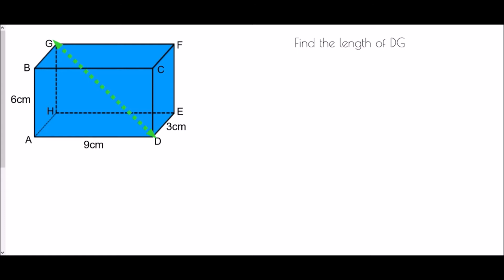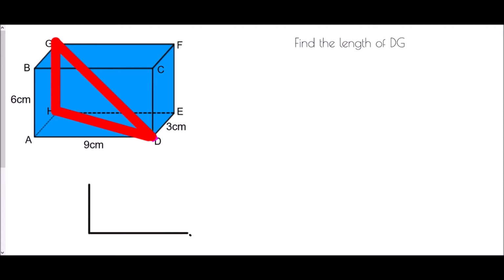The whole point of this question is it's within a cuboid. We have right-angled triangles in lots of different positions. But in order to make the right-angled triangle that actually includes GD, we need another value as well. We need HD, because what we want to do is find the right-angled triangle here. We know this is a right-angled triangle because GH is at a right angle to the base of the shape, and so the eventual triangle that we're trying to find is